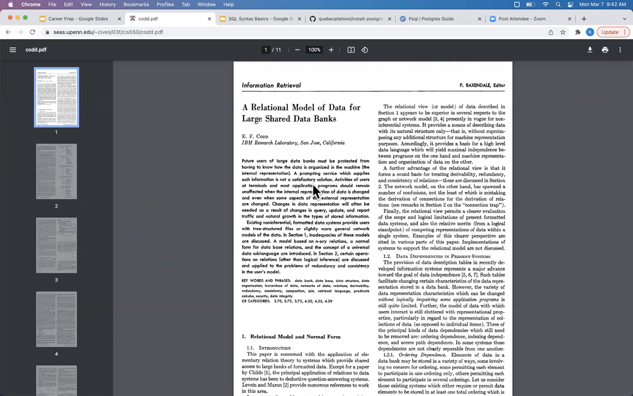But there's one thing that I think is really interesting. There are a lot of good quotes in here, but really the first sentence I think is kind of interesting. "Future users of large data banks must be protected from having to know how the data is organized in the machine, the internal representations." So this is fundamentally talking about abstraction,